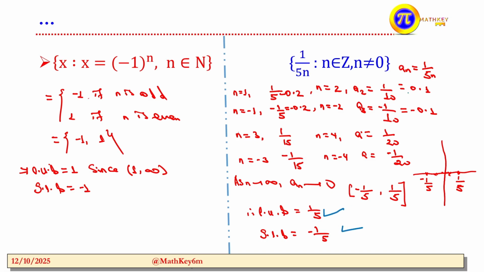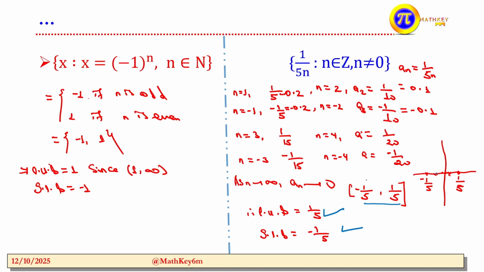As we did before, you try to see the pattern of your sequence, whether it is increasing or decreasing. After seeing the pattern, you try to find the limit as n goes to positive infinity, and see what the value becomes. After we know that, you try to identify the interval in which all the values that you have lie. እነዚህ ኢንተርቫሉን እናገኛለን። ላይ የሚያደርጉ በሙሉ ስናያቸው በኔጌቲቭ 1/5 እና በ1 over 5 መካከል ይሆናል።